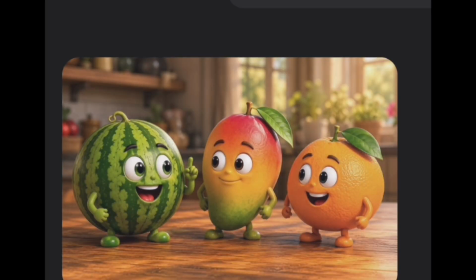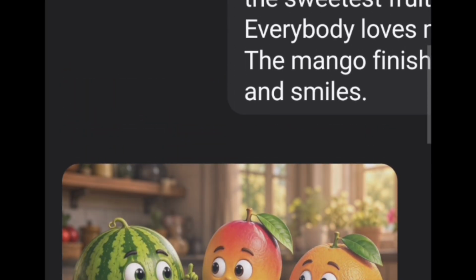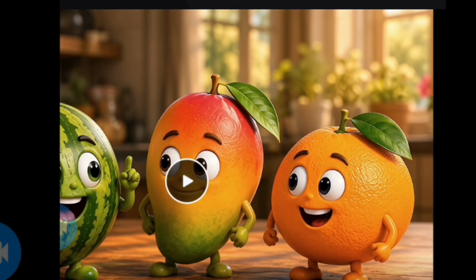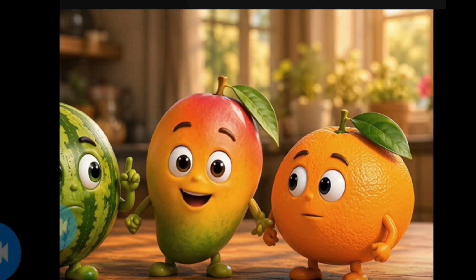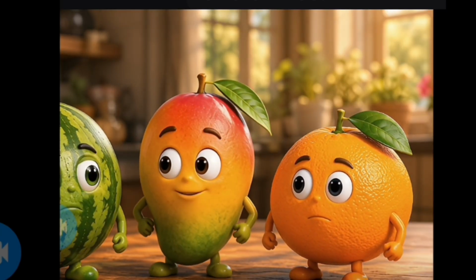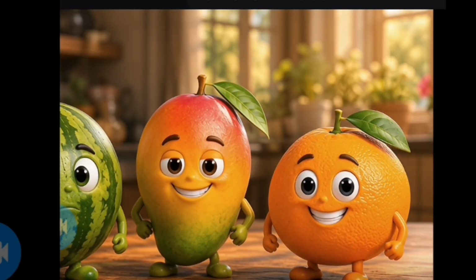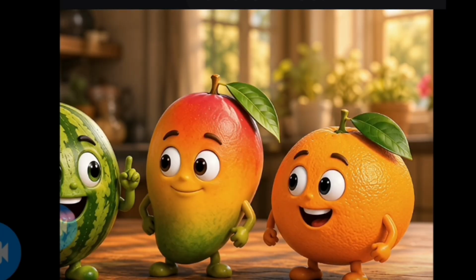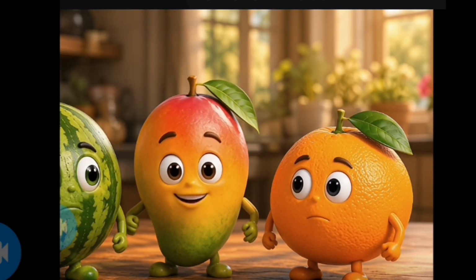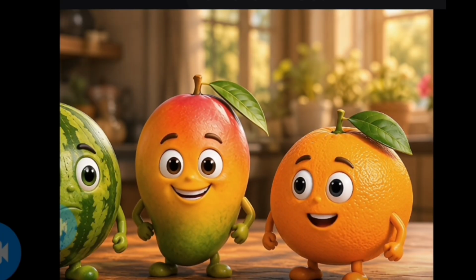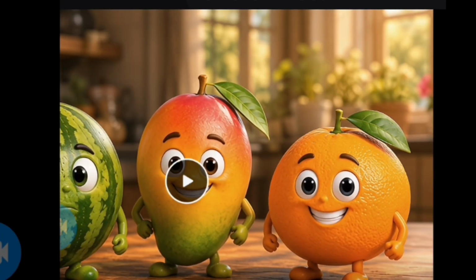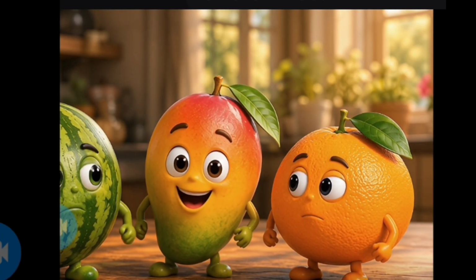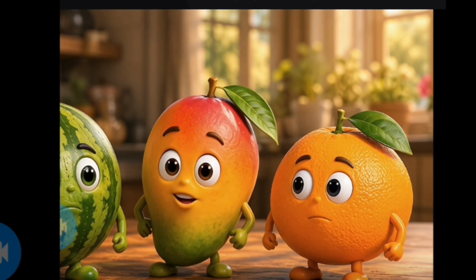Now let's see what we're gonna have. So this is the output. Remember, we are focusing on the second speaker, the mango. Okay, you can see it is the mango speaking now, and every one of them is shutting their mouth. So that's one thing you should make sure to have in your prompt. You should make sure to let them know that they should talk one after the other so that they cannot all be talking at the same time.